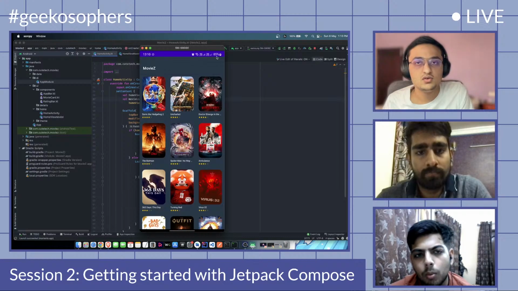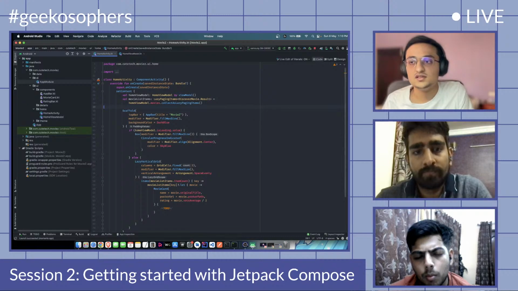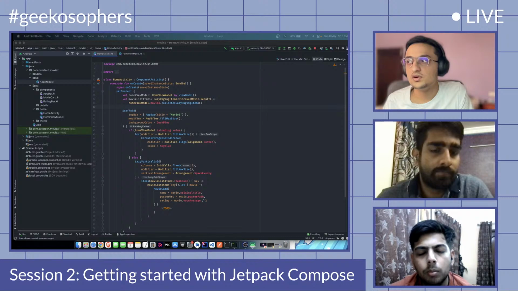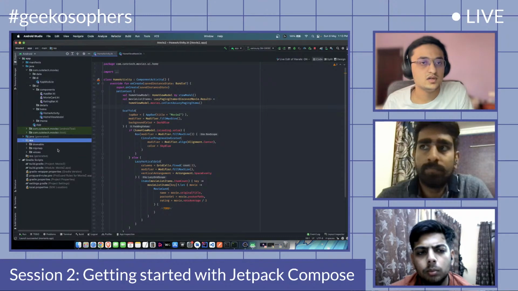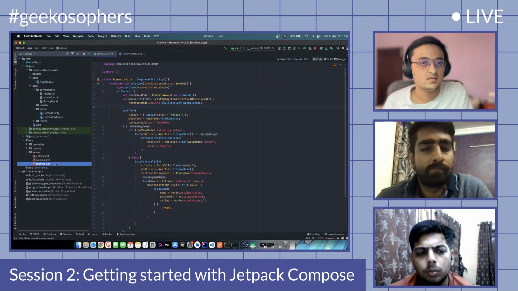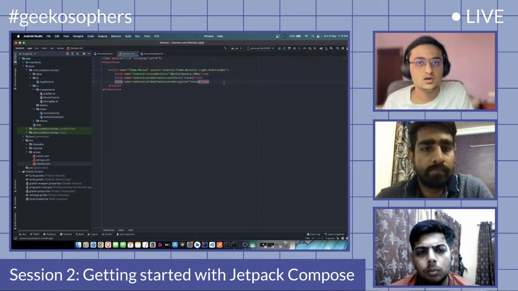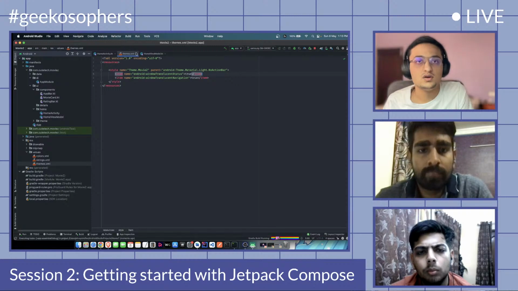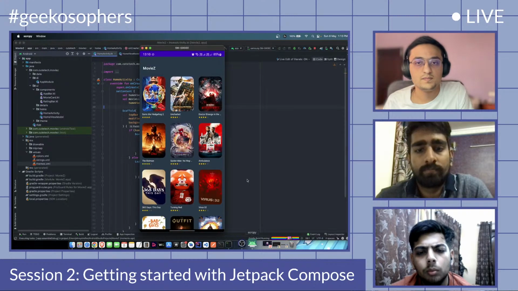One thing that we need to do is remove this status bar. For that, let's go into this themes folder in the res, and add these two lines and remove this one. Now if we run the app again,